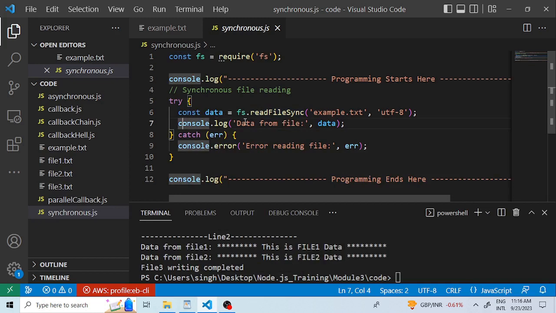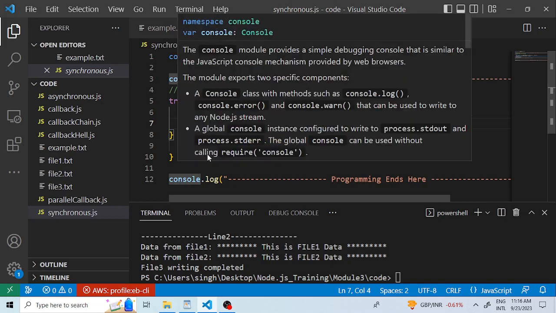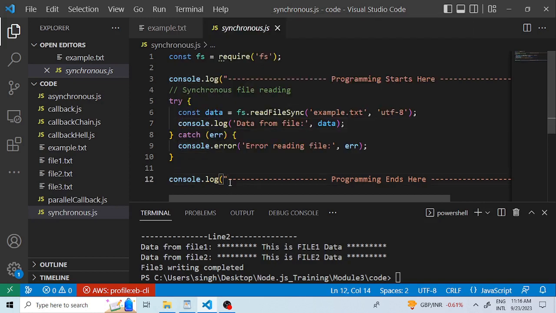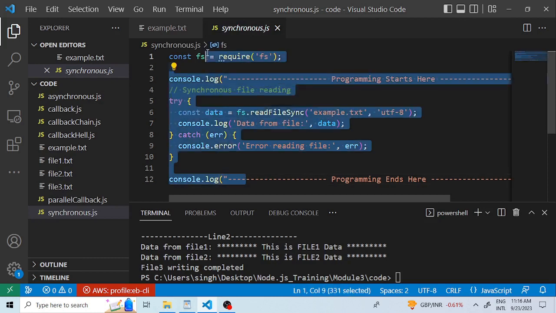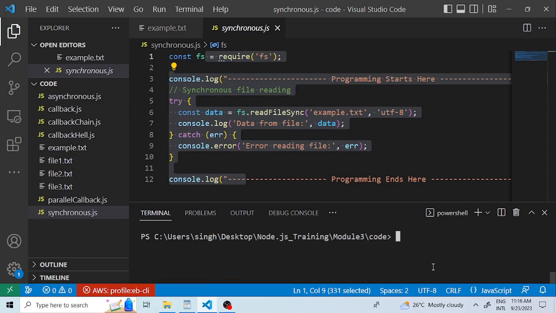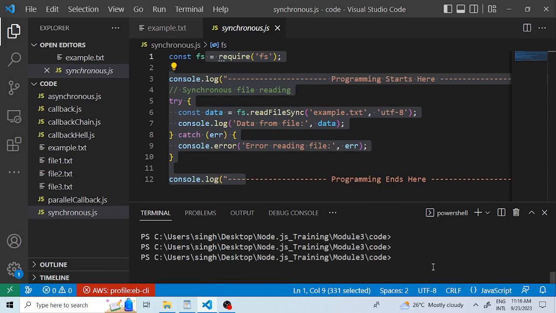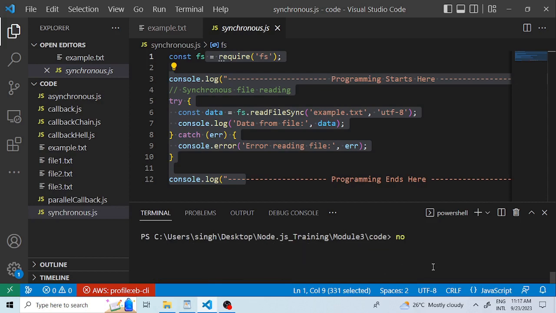If any error is coming, then it will print the error in the catch block, and at the end it will print this line. So this is how the synchronous code works, meaning it will execute one line after another line. So let's execute this. Let's clean our terminal. Okay, terminal is cleaned. Now I am running this, so node,